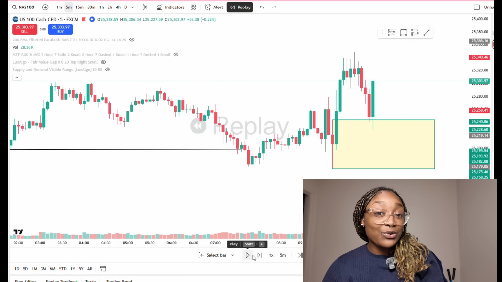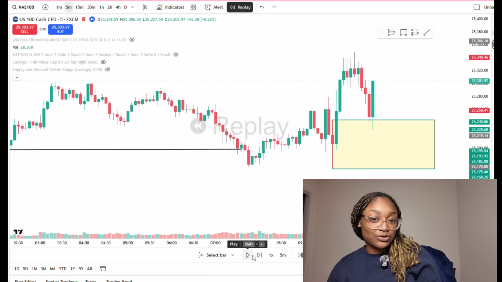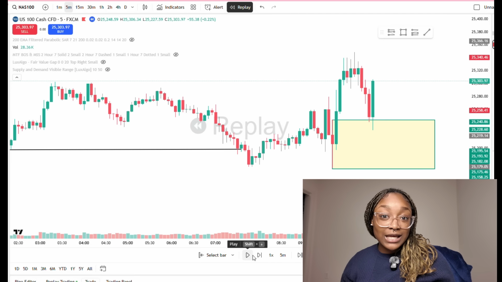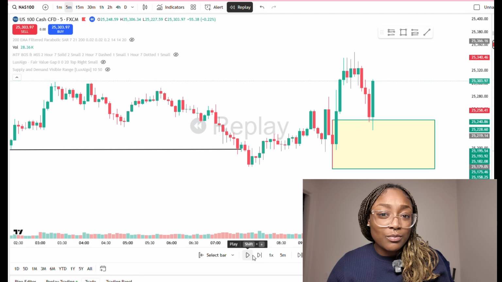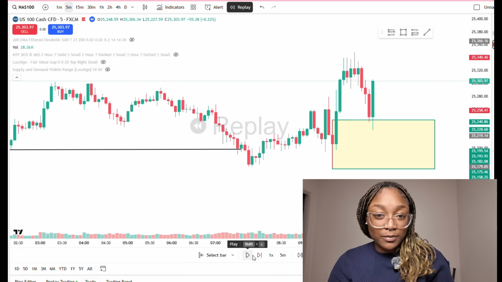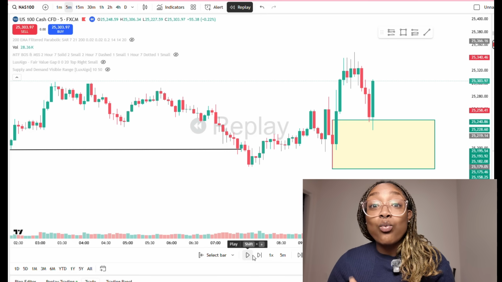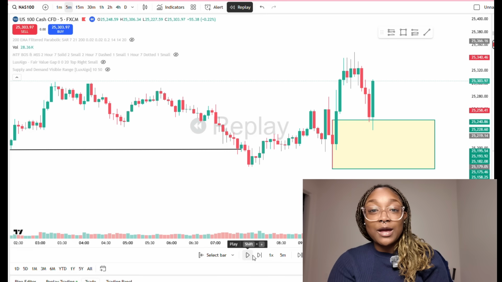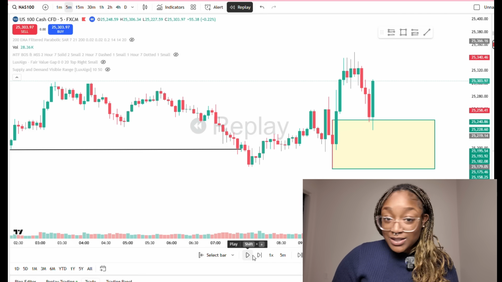Now, when you do conservative entries or break of the candle entries, you do tend to miss out on some trades with that, which is not the worst thing. It's better to miss out on a trade than to lose a trade. And it's also better to miss out on a trade than to enter a trade and you don't even know why or how you entered on that trade. You wouldn't be able to repeat it. You always need to enter trades that you know why you entered, how you entered, and you're able to repeat it again. If you enter a trade and you don't know why or how, you should never enter that trade,